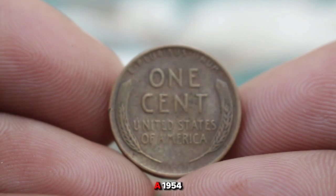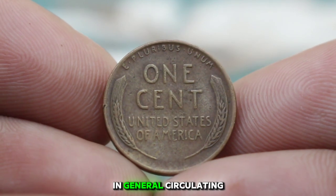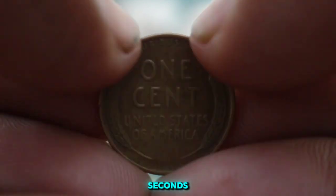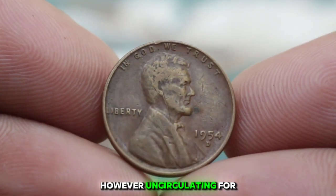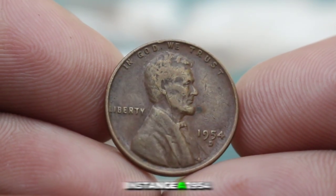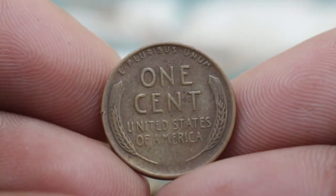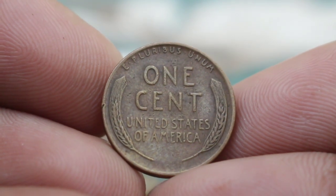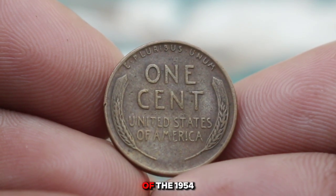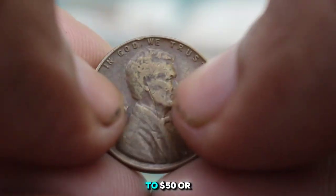The value of a 1954 Lincoln Wheat Penny can vary significantly based on its condition and mint mark. In general, circulated coins in average condition are worth around 3 to 10 cents. However, uncirculated coins with high grades can fetch much higher prices. For instance, a 1954 penny in MS65 condition could be valued at around $10 to $15, while a 1954 S penny in the same condition might be worth $15 to $20. Proof versions of the 1954 penny can be even more valuable, often ranging from $30 to $50 or more, depending